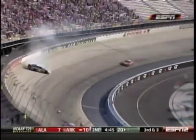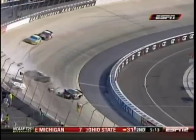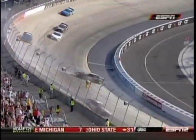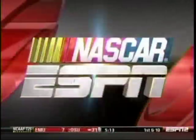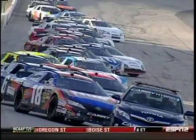Gets underneath the 16, bobbles, backs into the fence. Can't quite hold those brakes. And poor old Drew Herring had nowhere to go, and Elliott's taking another brutal lick. His body's a little beat up this year after racing, without question. I tell you, Alan, you can honestly say Drew Herring really did not have anywhere to go. I mean, with the speed he was carrying off turn 4, he couldn't have changed lanes at that particular point. Well,